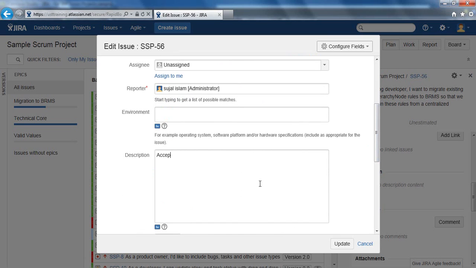So this is an example of how an acceptance criteria will look like in JIRA. So to migrate existing catalog hierarchy node rules to BRMS, I expect the following,